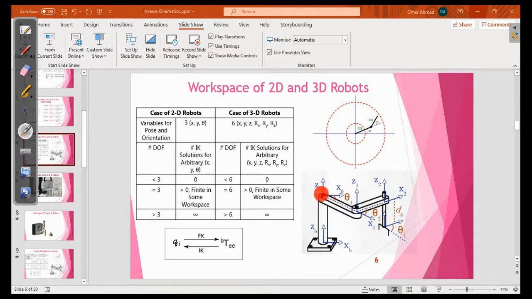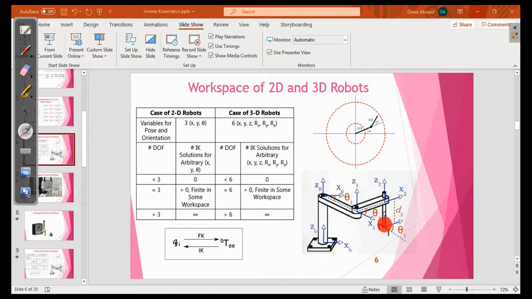Once again, the first degree of freedom is this joint around the local z-axis z0. Then there is another revolute joint, a rotation around z1. Then there is a prismatic joint with the translation along the local z-axis. This is the third degree of freedom, and this is the fourth degree of freedom, the end effector, which has an axis of rotation, the local z-axis z2 in this case.